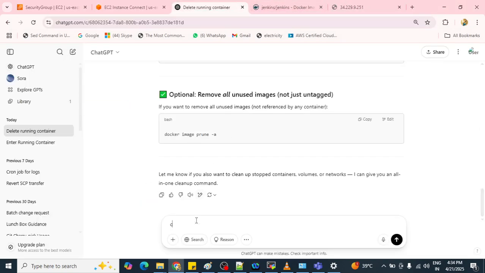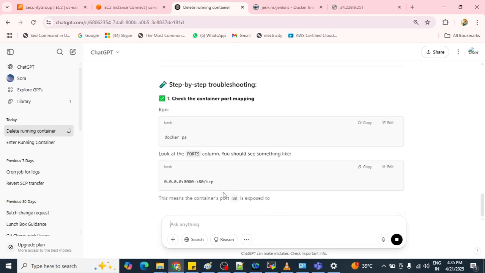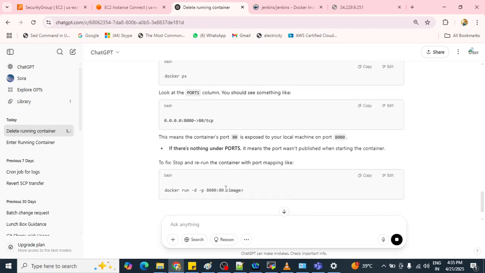The container is running, but we are not able to access it in Docker. So let's find out how we are going to troubleshoot this.